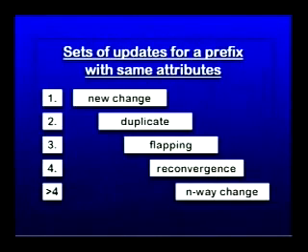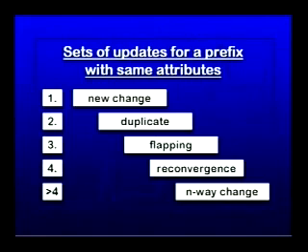Let's look at updates with equal attributes. So if you see a set of attributes for the first time, we call this a new change. If there are 2 consecutive updates with equal attributes, these are duplicated changes. If the first and the third update are the same, the third would be called a flapping change. And if the first and the fourth have equal attributes, this would be called a reconvergent change according to the